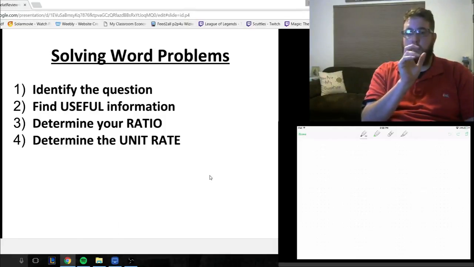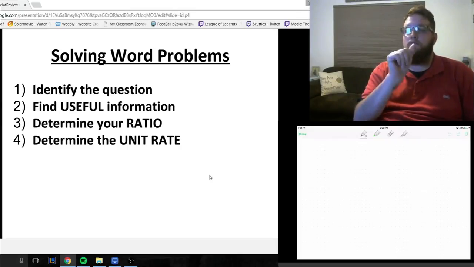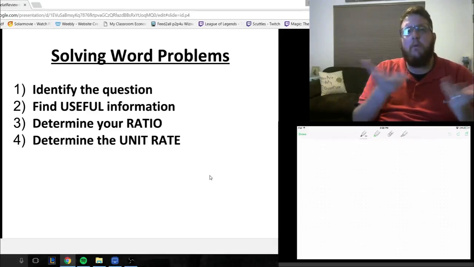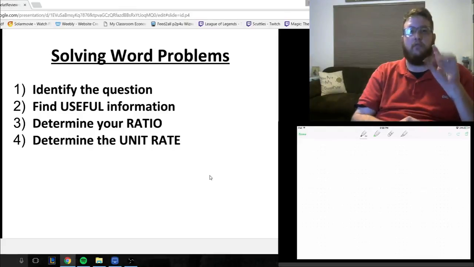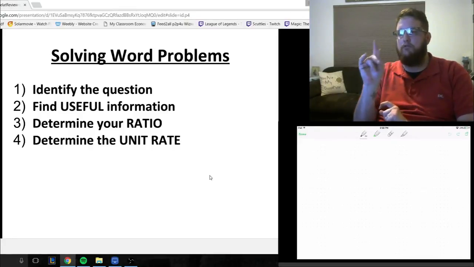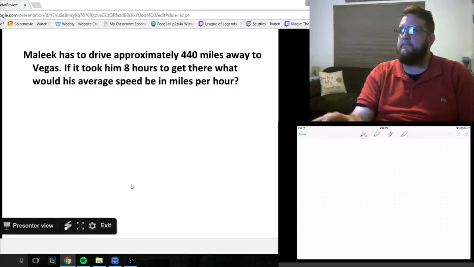Now, I want to emphasize that ratio and unit rate are different. Now, a ratio is something that just compares 2 numbers. So we need to find the sets of numbers that are being compared in our word problem. We must take that ratio, that set of numbers, and then convert it into a unit rate, and that's what we'll go through. So in our first example,